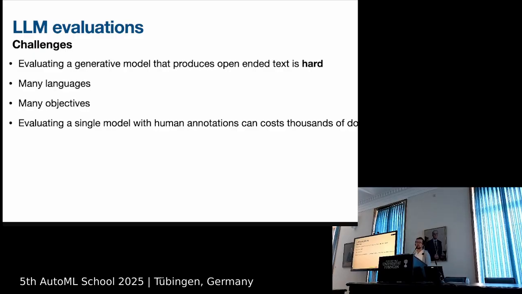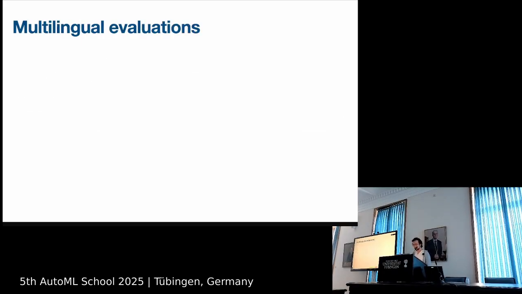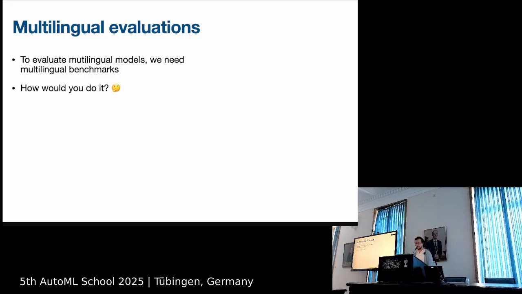You have many languages, as models now speak 30-plus languages, many objectives you want, and also a cost that in some cases can be very expensive. For multilingual models, you can chat with ChatGPT and others in, say, French or German, and so you need to evaluate